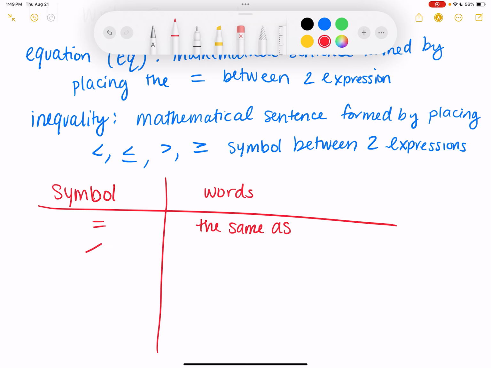A less than symbol, maybe you learned it as a kid like the alligator mouth, like which way it's facing, and it's always read left to right. So this would be something is less than something else. It could be written as less than, fewer than, something along those lines. If we have that sign with a straight line under it, it's less than or equal to. So that could be at most, no more than,